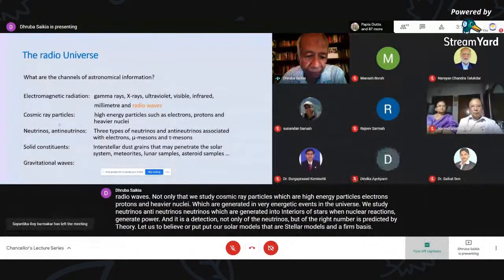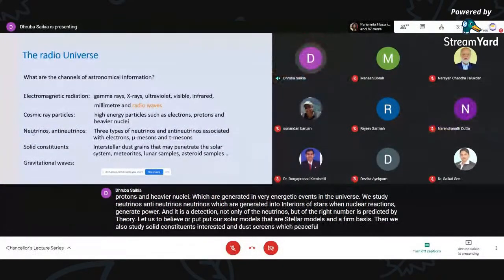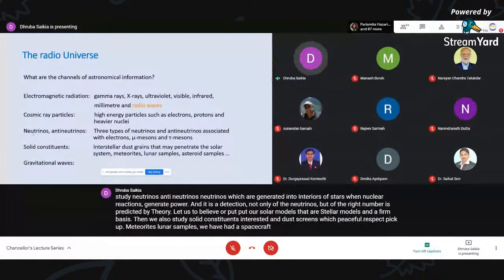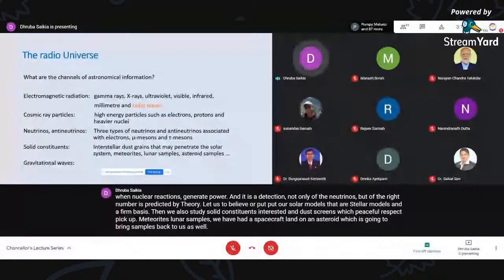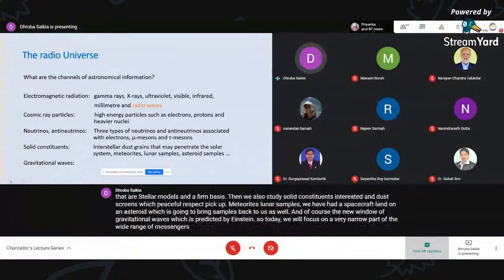Then we also study solid constituents, interstellar dust grains, which spacecraft might pick up, meteorites, lunar samples. We have had a spacecraft land on an asteroid, which is going to bring samples back to us as well. And of course, the new window of gravitational waves, which was predicted by Einstein. So today we'll focus on a very narrow part of the wide range of messengers of information, or multi-messenger information,